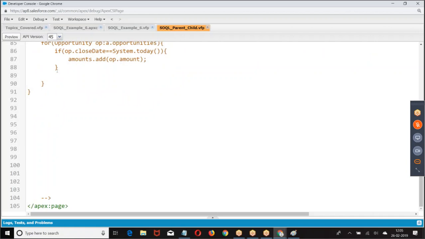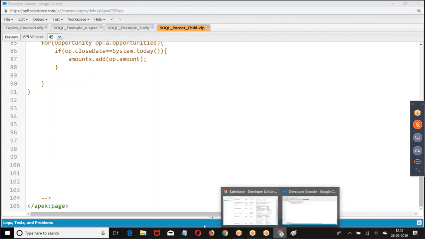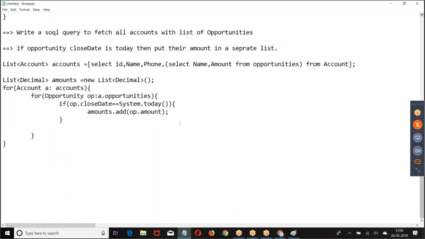I mean close date. See, now the point is, if you already have a list of records like this, how to get the data is the question. There is a better way of getting the data, but here I am not giving the example to write a better query. My requirement was, if you are getting parent child data like this, how do you scrutinize it and write a logic.